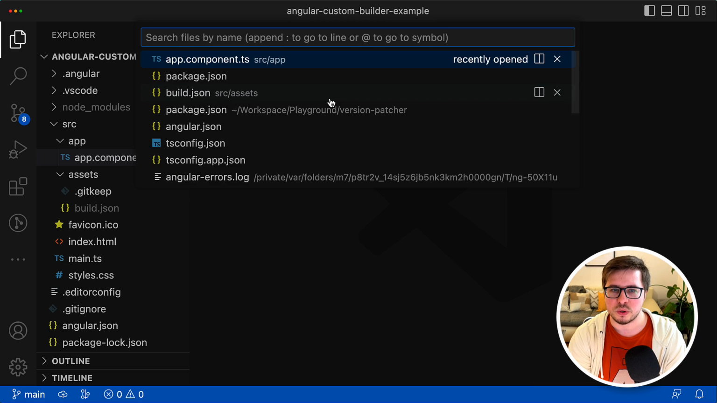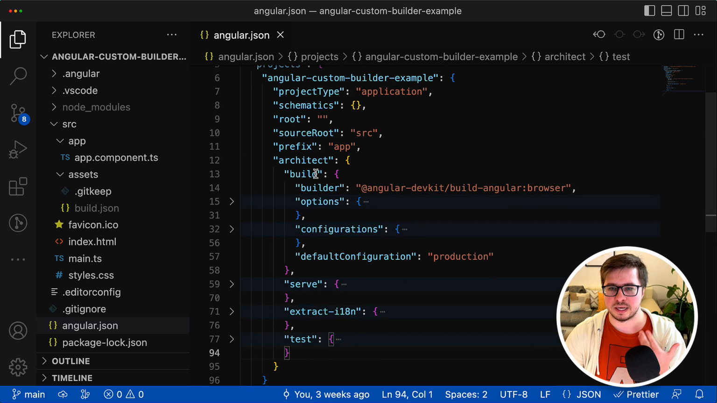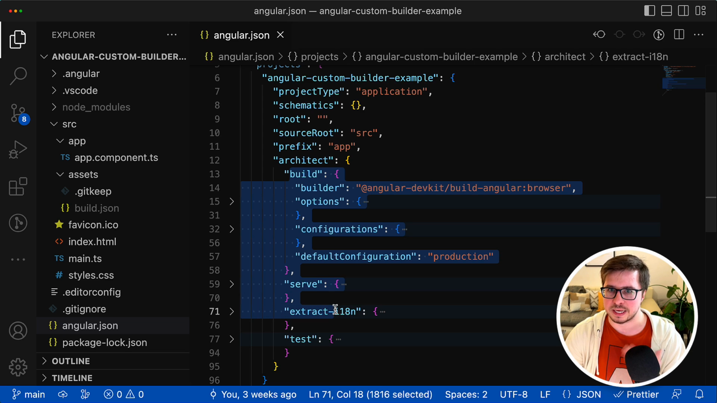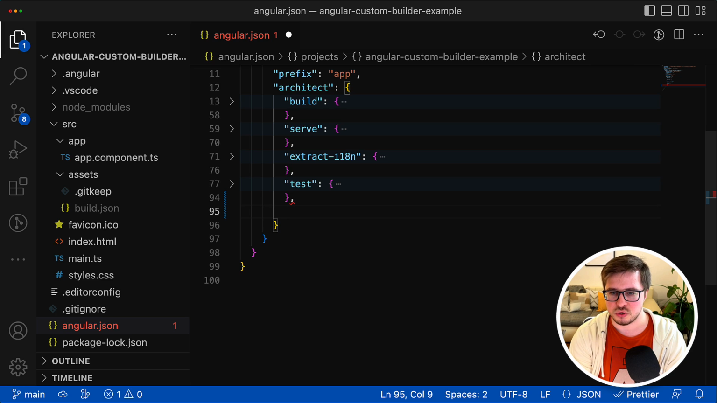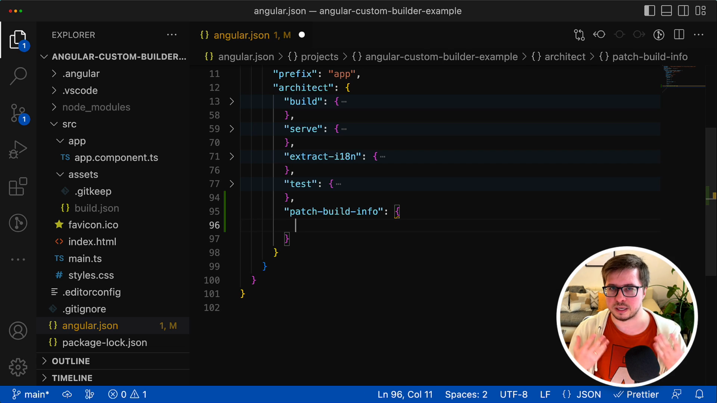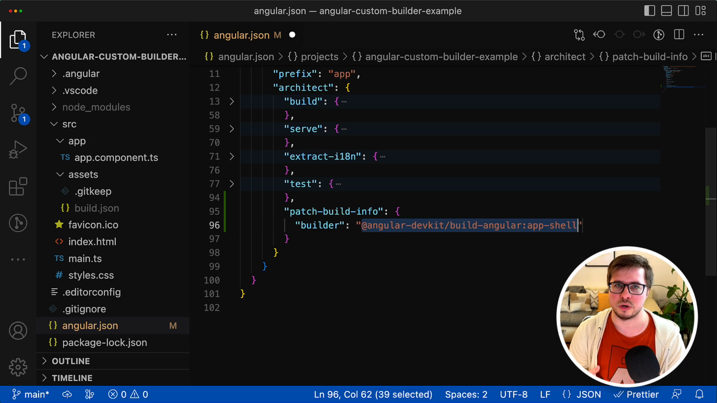So first of all, we would need to create some additional architect target in addition to the currently existing ones. So here somewhere below I can create a new one, and I can name it like, I don't know, patch build info. So something like that, and like every architect target, it has to have a property called builder, and